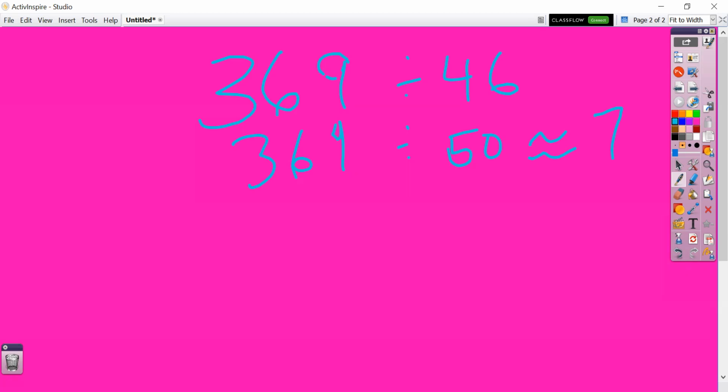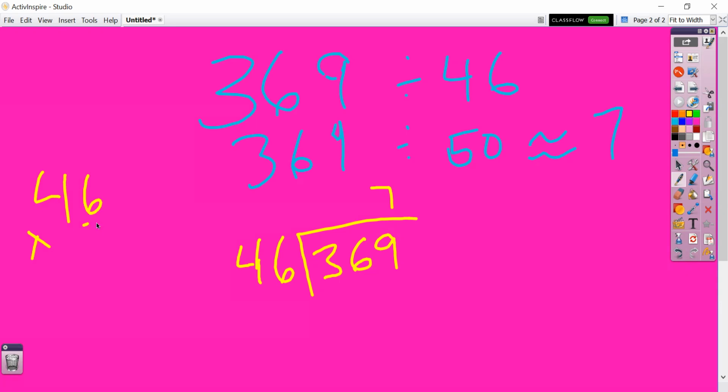Okay, we'll see if that works. We'll start there, right? So let's go ahead and grab the actual numbers and put them in the standard algorithm and see what we get. Let's start with 7. Let's see what we do. 46 times 7. 7 times 4 is 28, plus 4 more would be